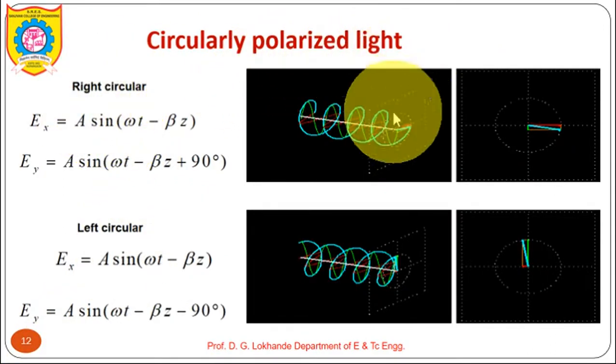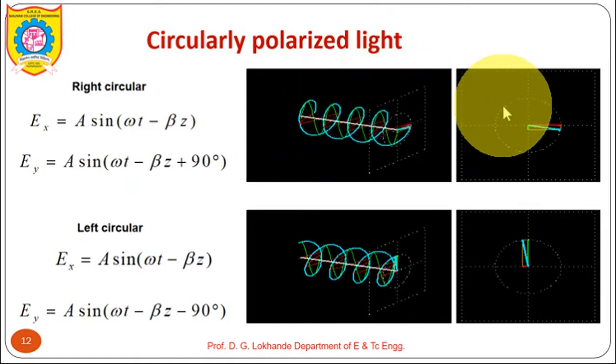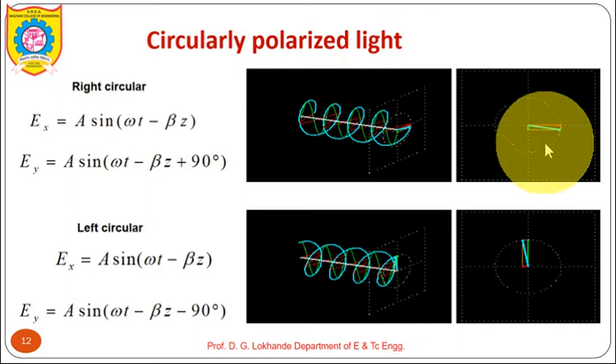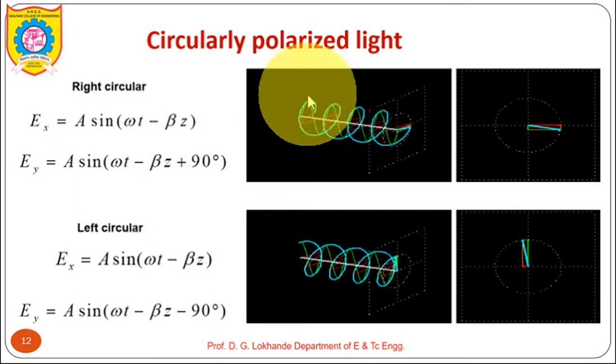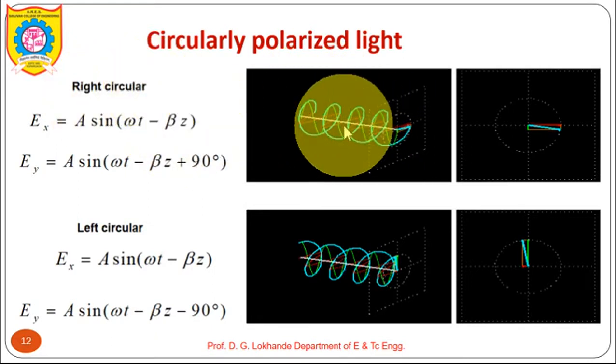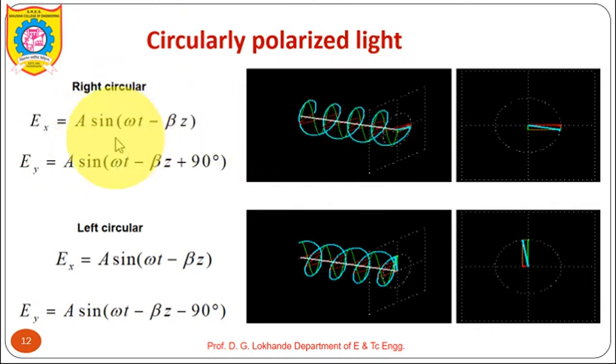So circularly polarized right. You can see the waves here. If you observe one, it is moving in a clockwise direction like that, and that's why the waves are moving in this direction. Clockwise direction, and that's why we can observe right circular waves in figure 1. Here the equation is Ex equals A sin(omega t minus beta z), whereas Ey is A sin(omega t minus beta z plus 90 degrees). So Ex and Ey are perpendicular to each other, forming the orthogonal relation between each other.